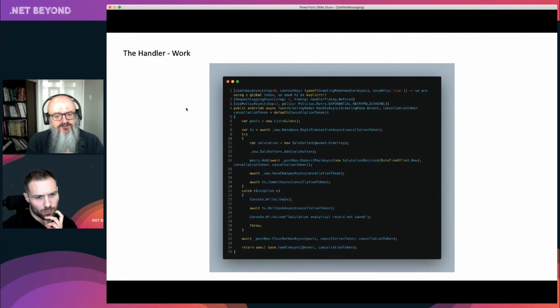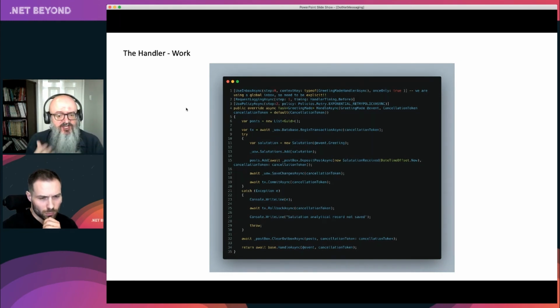And then what I do is I say, I want to send a message, but we do it in 2 stages. And I'll explain why in a second. We put it in what we call a post box. And we say, hey, put the outgoing message I want to send in there, right? Which says, I received a greeting. Right? Very simple example. And I add it into my list of posts that I've received.